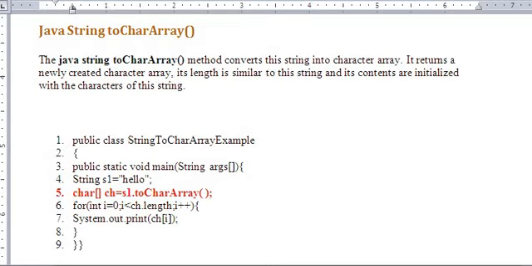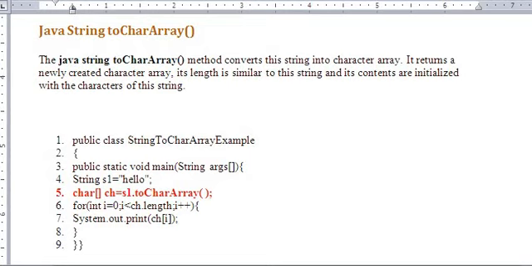The next method is toCharArray. It converts the string into a character array. So we already practiced how to create a string from a character array. Here the string is converted into a character array. The length is the same. Look at the program.